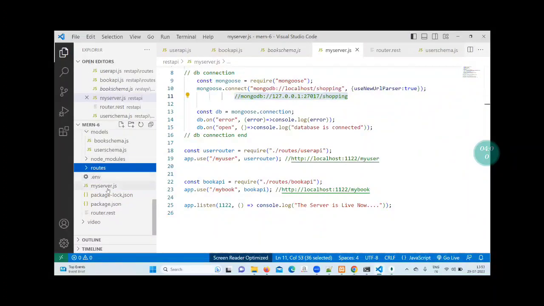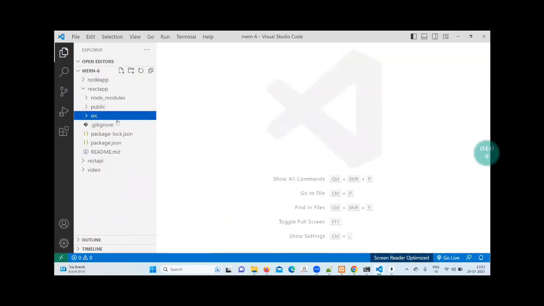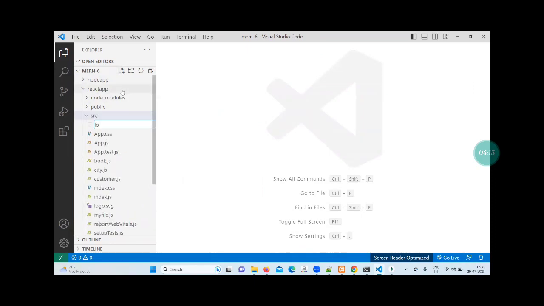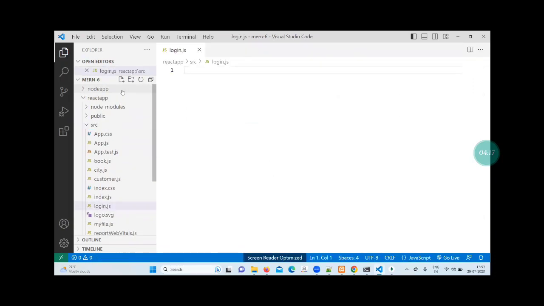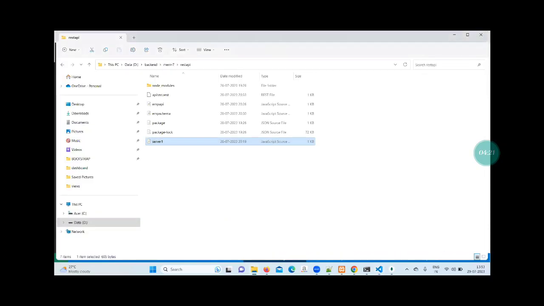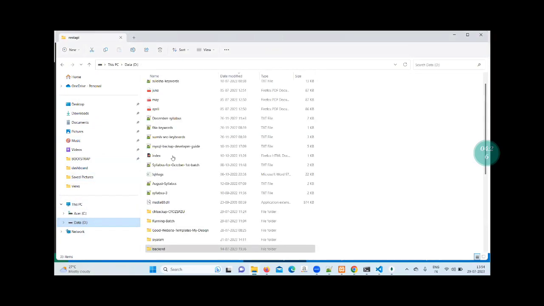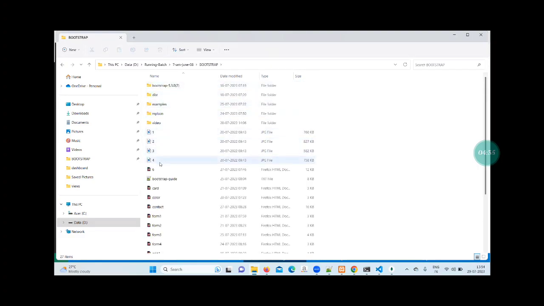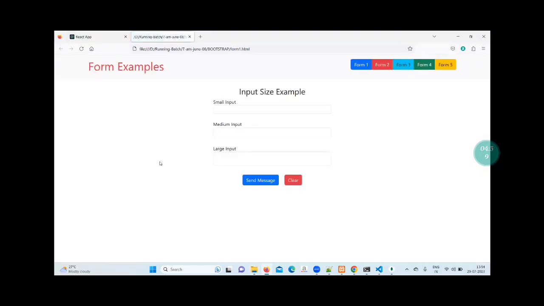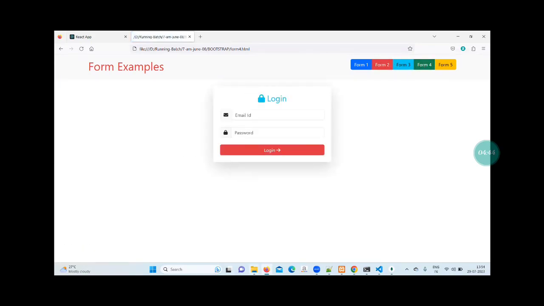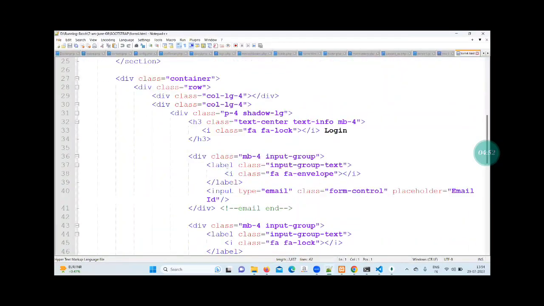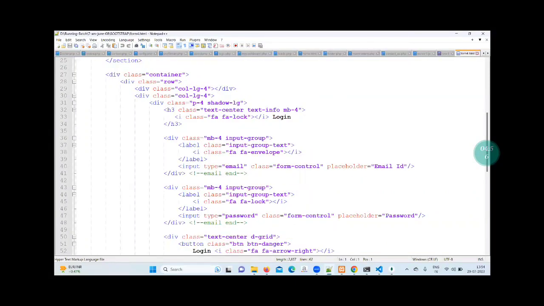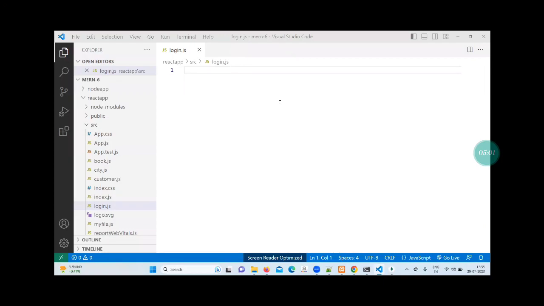So let's create a file called login.js in the React app. Create a file login.js in the src folder of the React app. You can close all the files and create a file here, login.js. I will share the code for login. Or we can create it. No need to copy. Let's create our own. Here, const